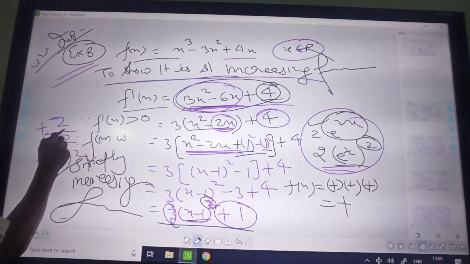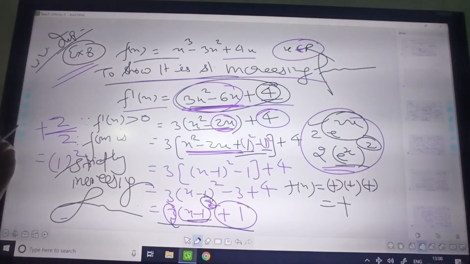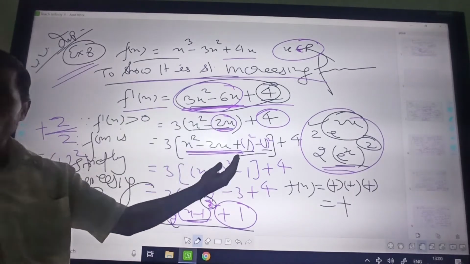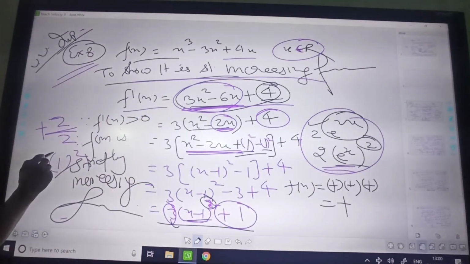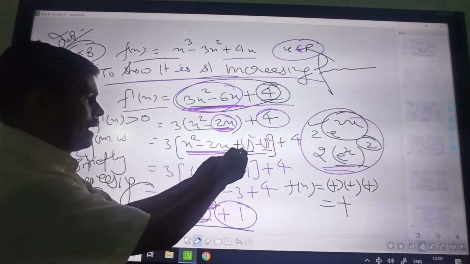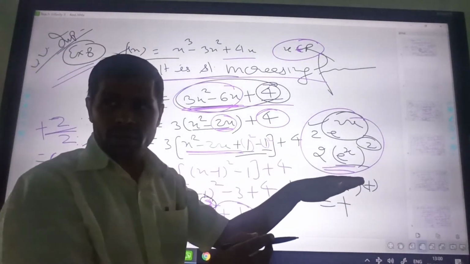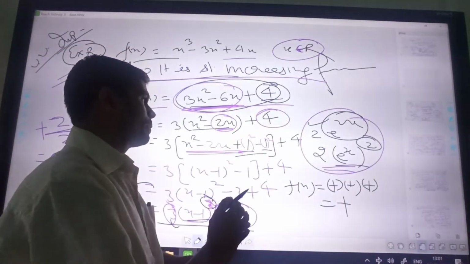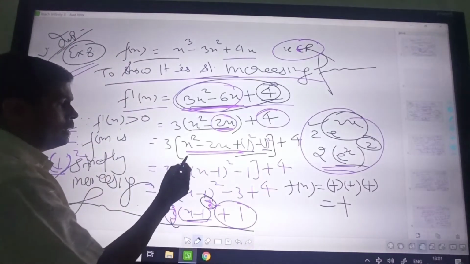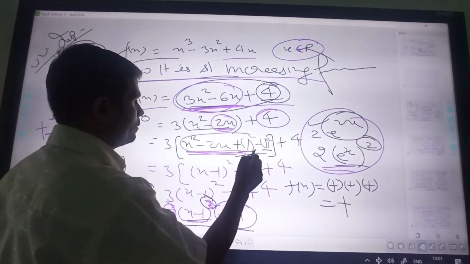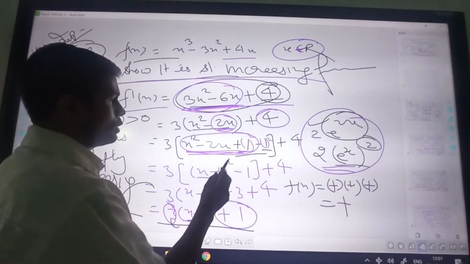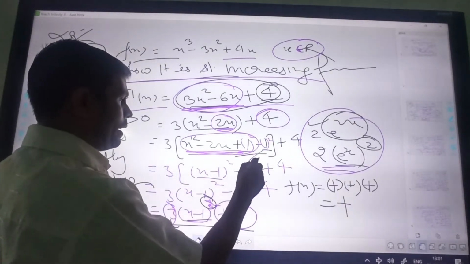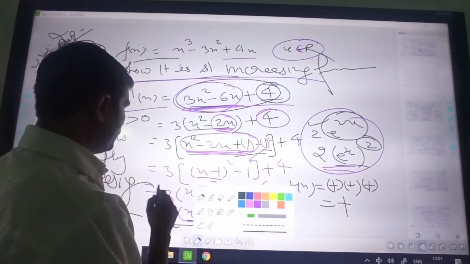Then divide it by 2. That means take half of the coefficient of x and also its square. So half of this is 1, and the square of 1 is 1 square. You must add it, and the same term must be subtracted: 1 is added and 1 is subtracted. Then this gives a formula that belongs to class 8th. So this will be x minus 1 whole square, minus 1 remains as it is,